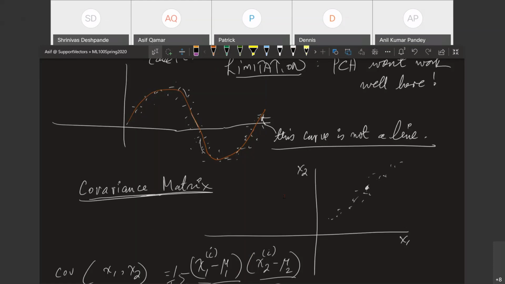Now, principal component analysis, remember, is based on the fact that there is a linear relationship or a correlation between features. If the correlations are not there, it doesn't work. Just to remind you, for linear regression, if there is strong correlation between features, what happens? Is it a good thing or a bad thing?